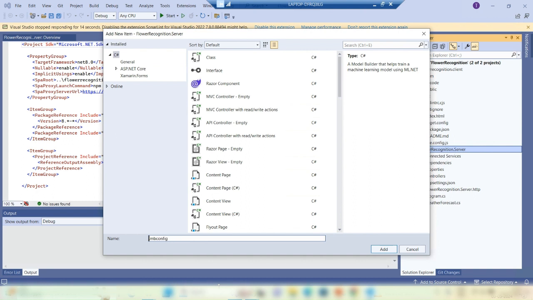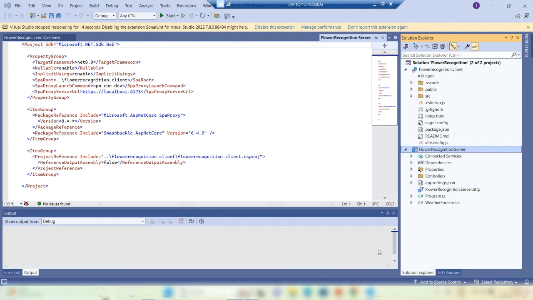I would say flower recognition. Flower recognition. I'm just adding it,